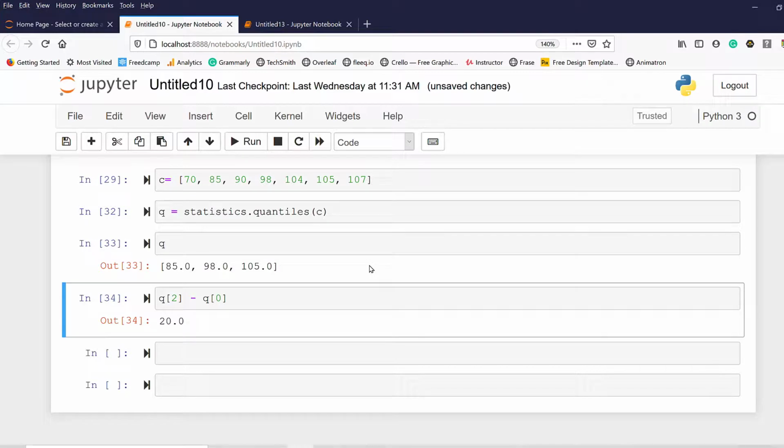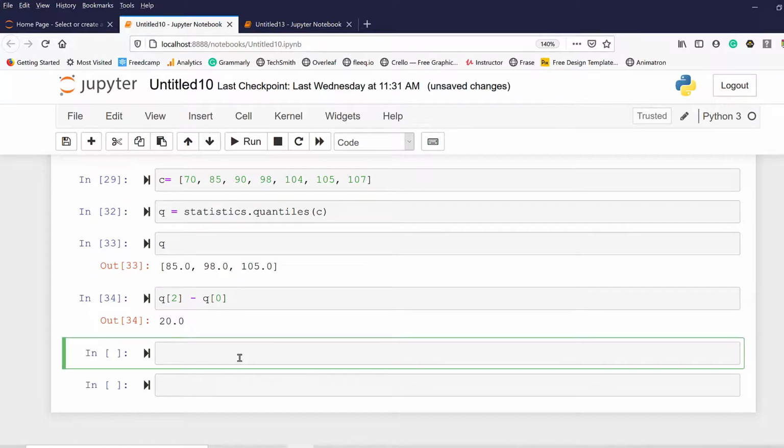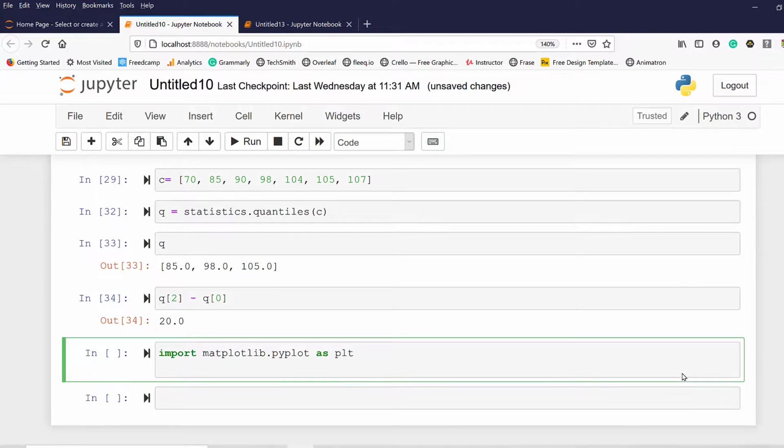But to make a box and whisker plot, you need two packages. And these packages are, let me import matplotlib.pyplot as plt. So this is one package I need to import and enter, and import seaborn as sns.